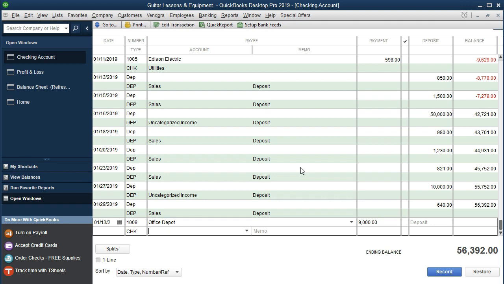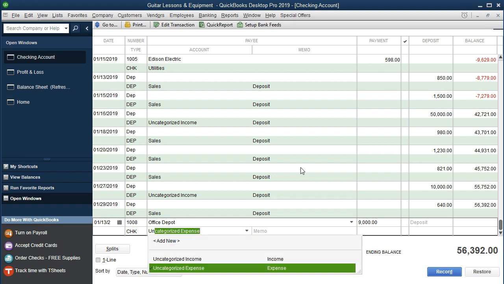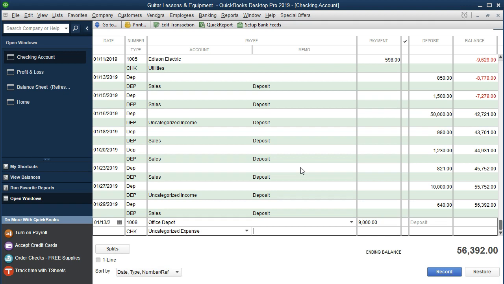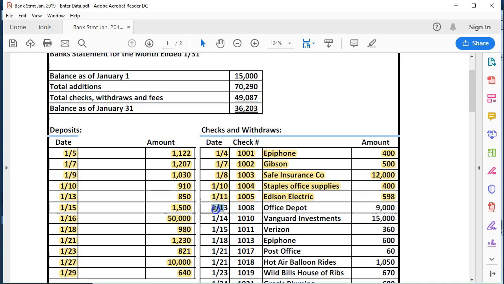Okay, so then this is going to go into uncategorized again. We don't know where that's going to go, uncategorized. We might want to wager a guess here in the memo, like I think this is equipment, but I won't do that for now. We're going to keep going. It's in our notes. So then we're going to say the next item here,